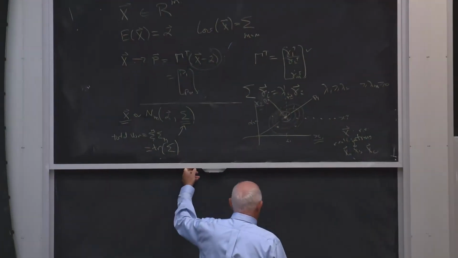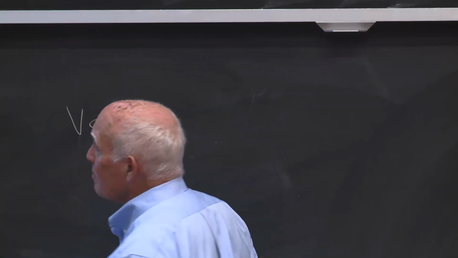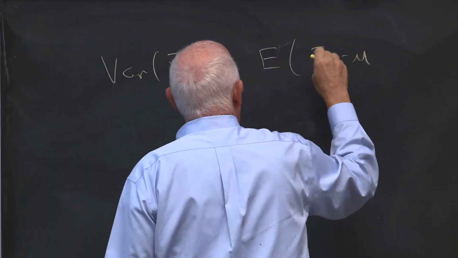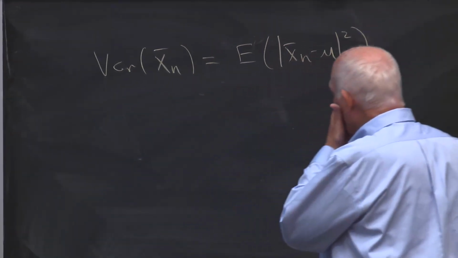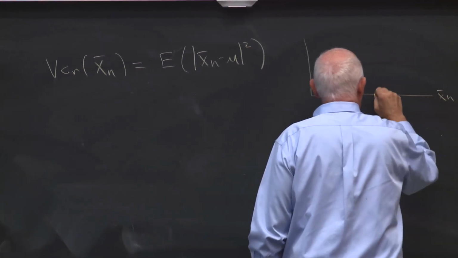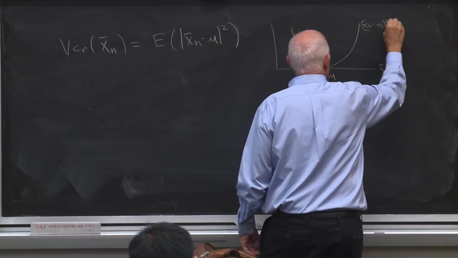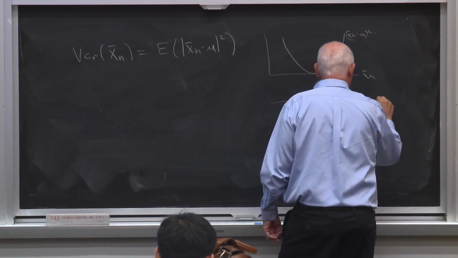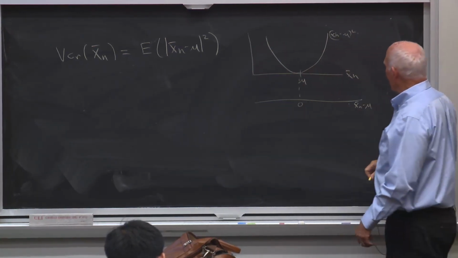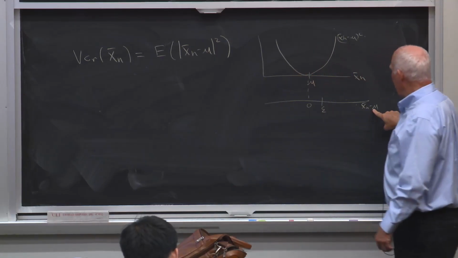And it's a neat example where if we want to look at the variance of x bar n, which is equal to the expected value of x bar n minus mu, squared, then if we were to draw x bar n, and here's mu, and then have the graph of x bar n minus mu squared, if we were to transform our scale to x bar n minus mu, then this mu value goes to zero. And if we were to look at the epsilon value for x bar n minus mu,